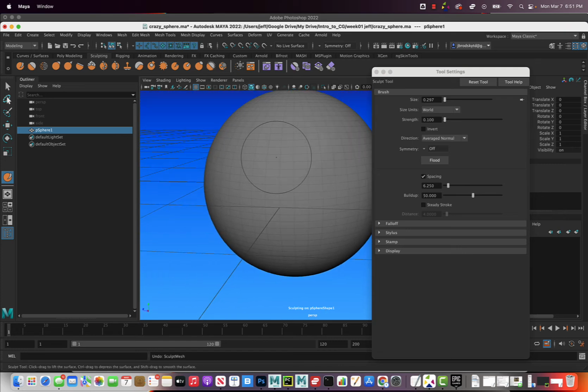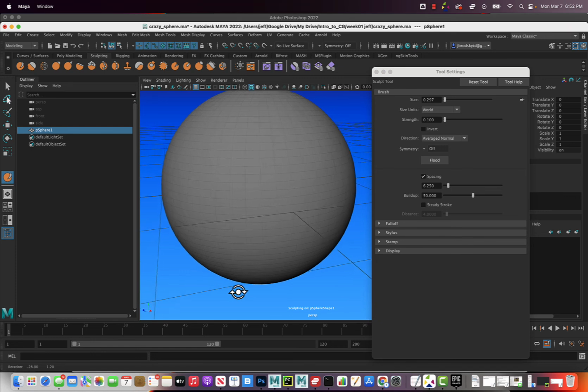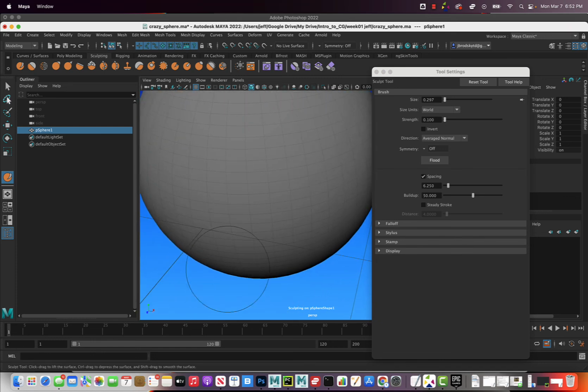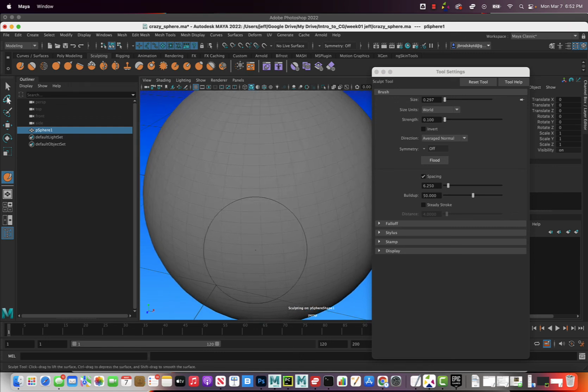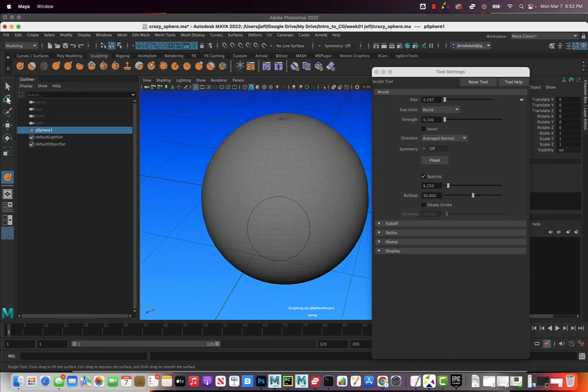Let me undo this because you could actually turn on symmetry. Let's say I want symmetry in the Z direction. So if I look in the lower left corner of my viewport, down here by where my mouse is, there's a little axis indicator. So Y is the up and down. Z is front to back, so I'm actually going to change my view. I'm going to hold down the Alt key and left mouse, tumble around here. So Z is my front to back and X is side to side. That's typically how people work, at least in the animation field. So I'm going to